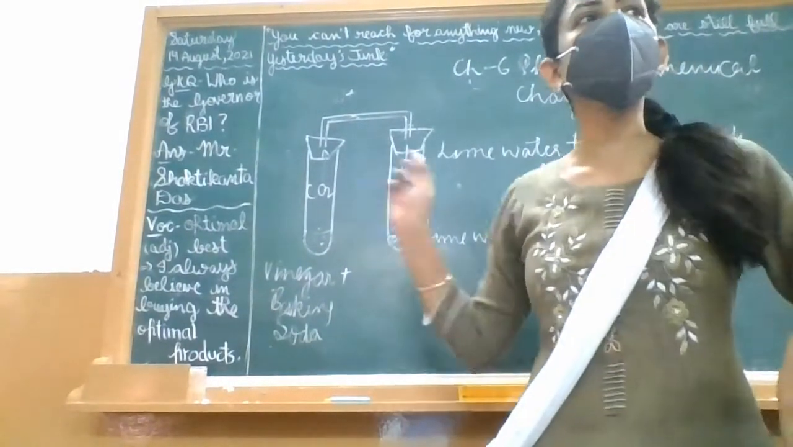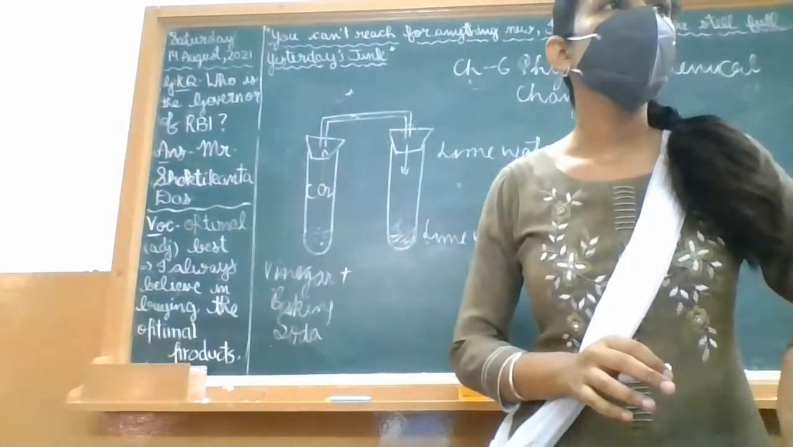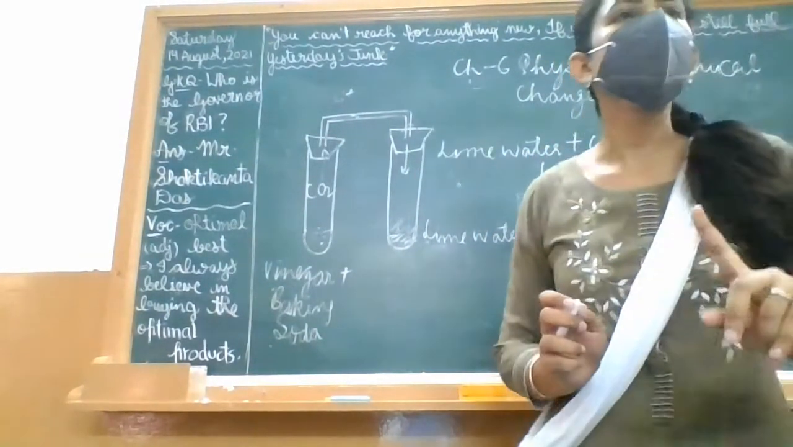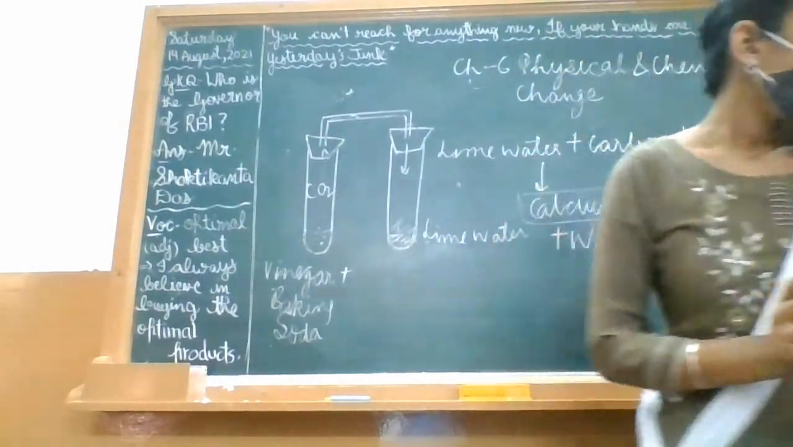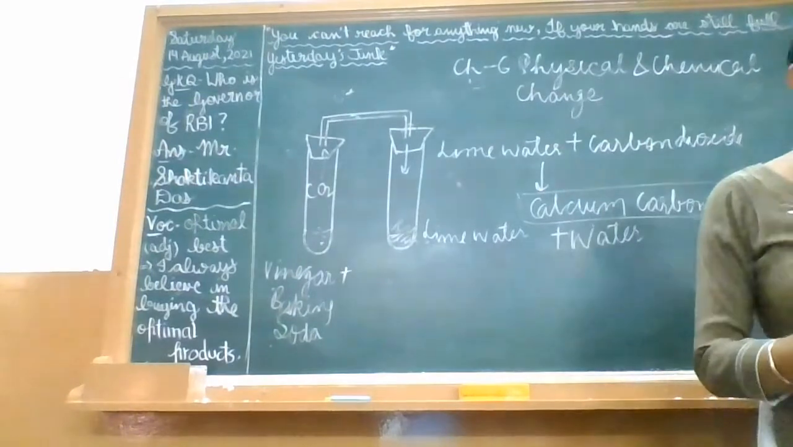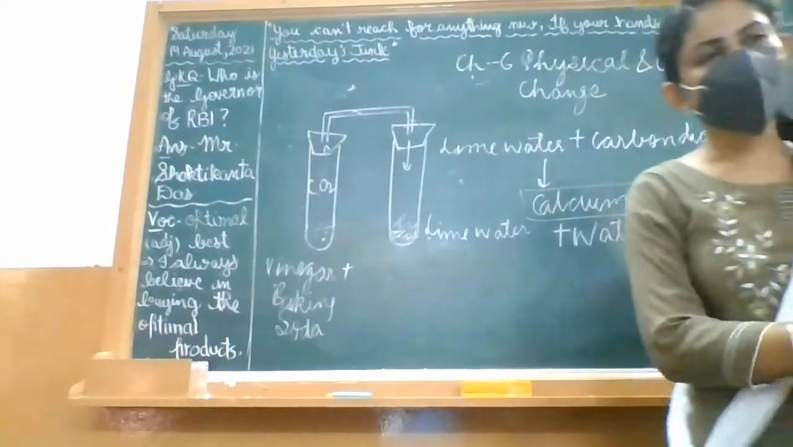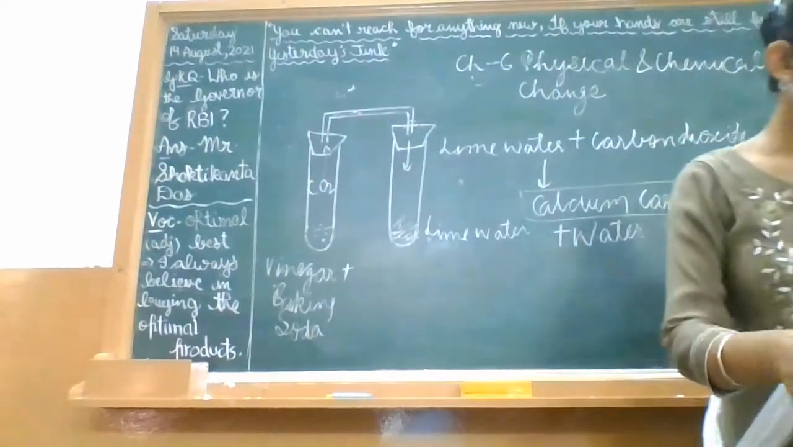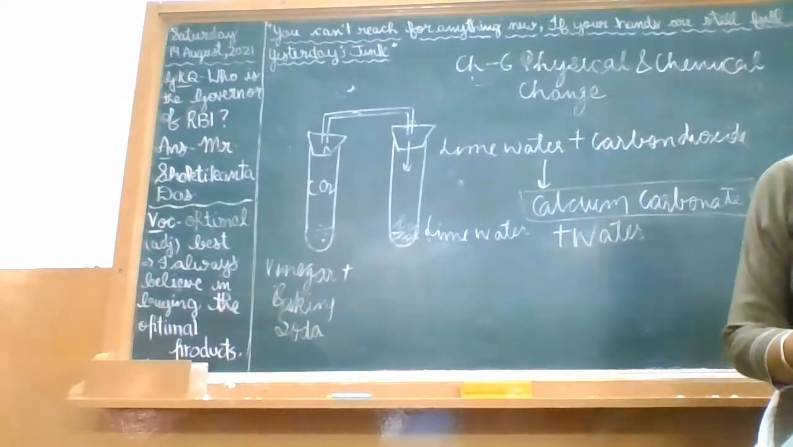It is irreversible. We can't get the initial products again. Okay, therefore it is a chemical change and we can't reverse it. And the next is, please read the next paragraph. When carbon dioxide is passed through lime water, calcium carbonate is formed, which makes lime water milky. The turning of lime water into milk